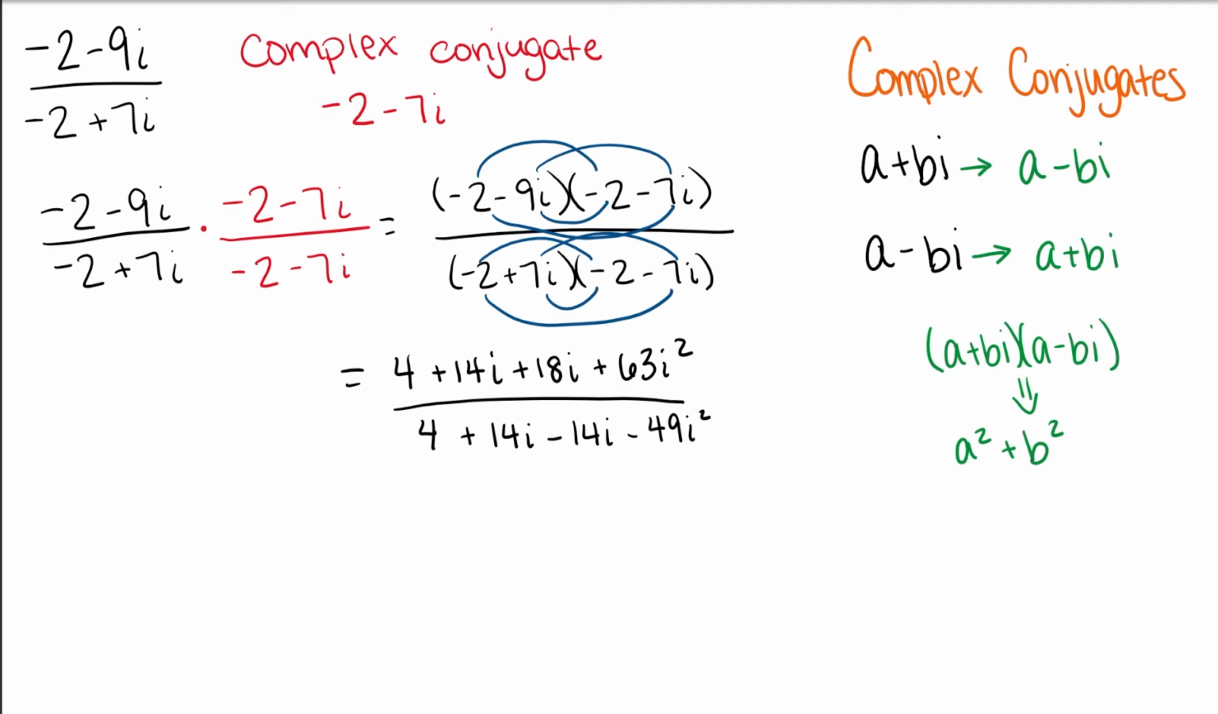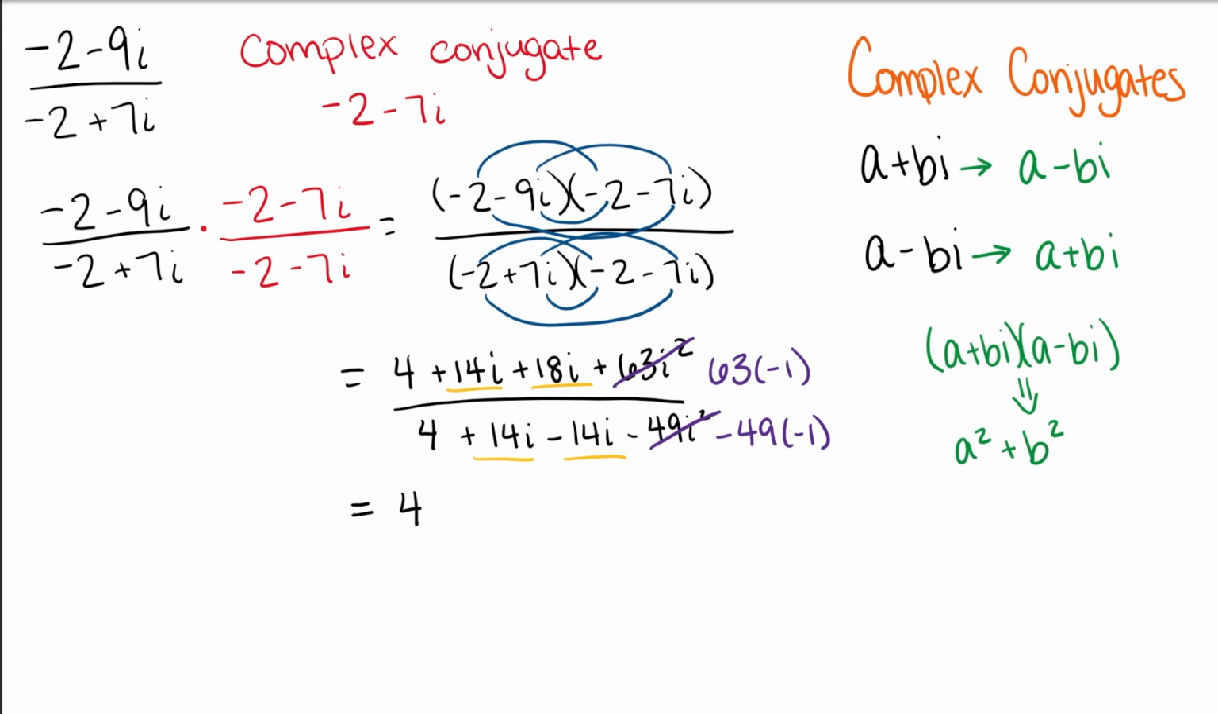In our numerator, our like terms are 14i and 18i. And in our denominator, our like terms are 14i and negative 14i. And our i squared becomes negative 1. So in our numerator, we have 63 times negative 1. And in our denominator, we have negative 49 times negative 1. So this expression becomes